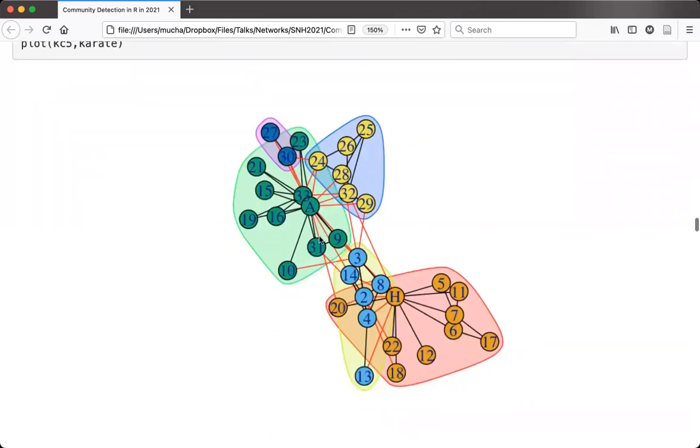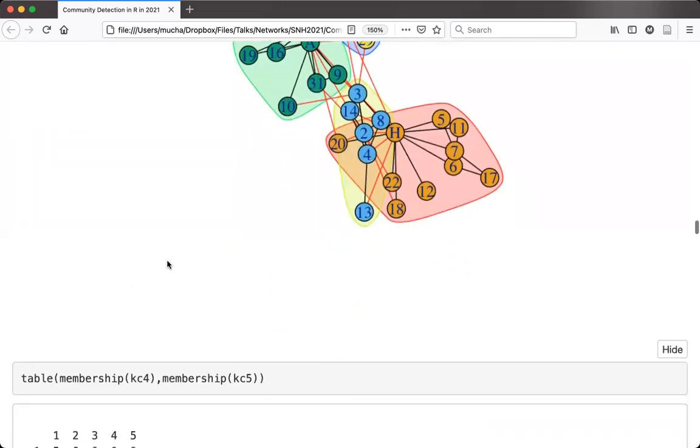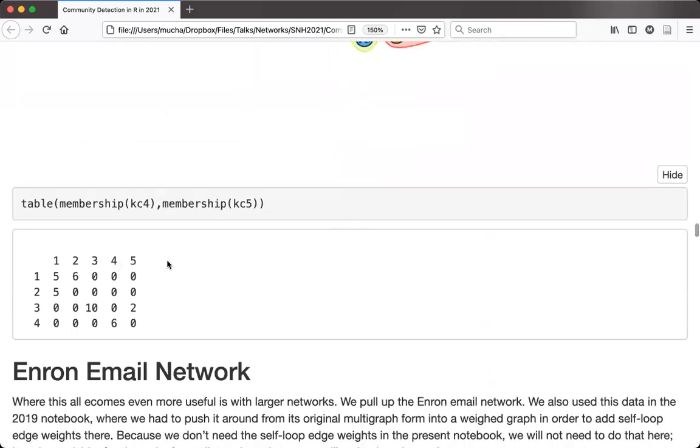Something weird starts to happen in the middle, and you can see this in the contingency table, comparing 4 communities to 5 communities, that it's not as clean as the story we were telling before. This is obviously not a complete evaluation of the karate club, but it hopefully at least demonstrates to you the kinds of thinking that I would